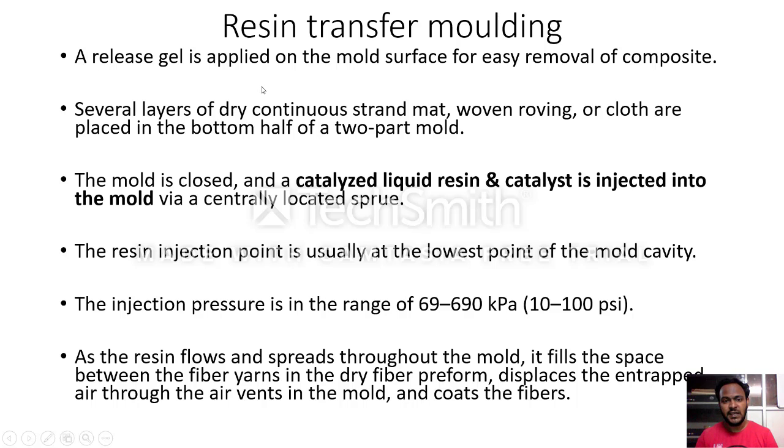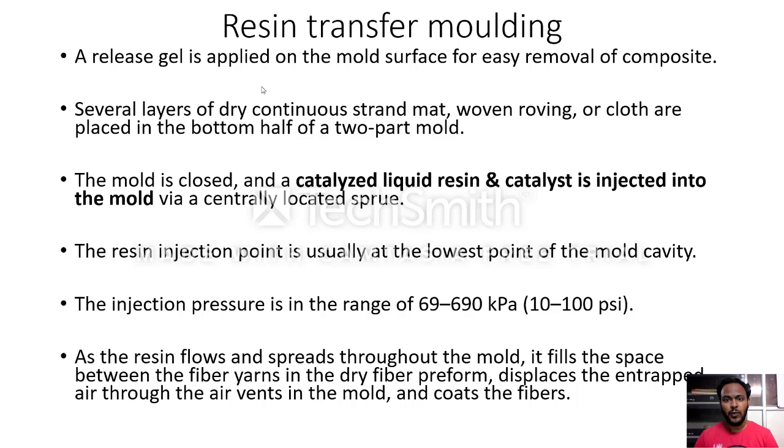The first step is the manufacturing of preform. First you have to make the preform. The second step is the resin transfer molding. So now we have come to the molding process. In this molding process, we have the preform made. We have made the preform through any kind of process like a textile weaving process, a braiding process or a spray process. Through any one of these processes, we have made the preform. And once the preform is ready, then we can go for the resin transfer molding.